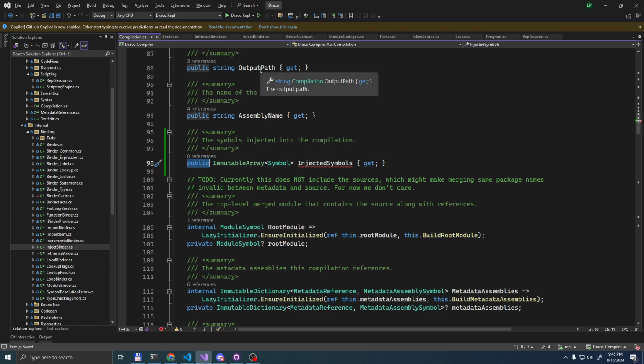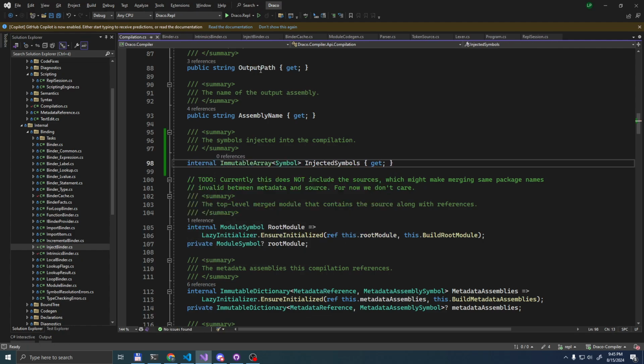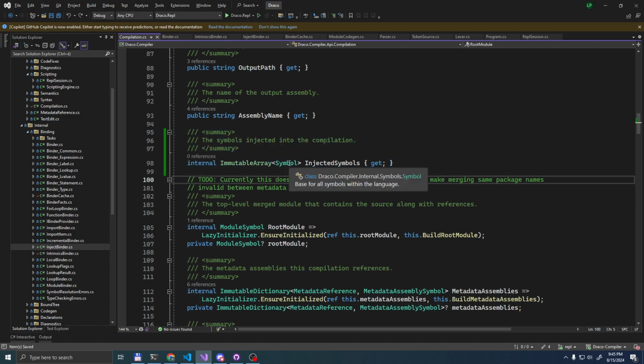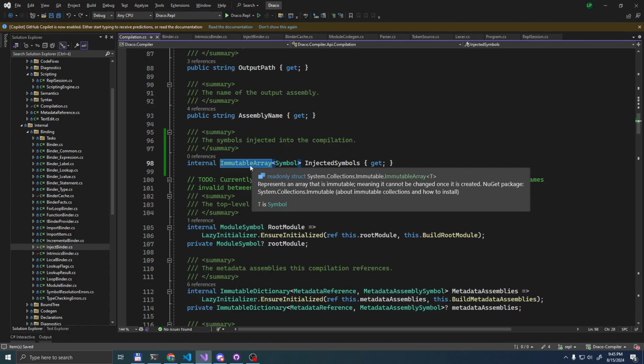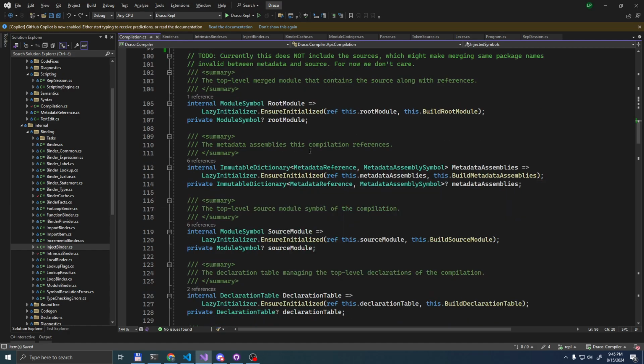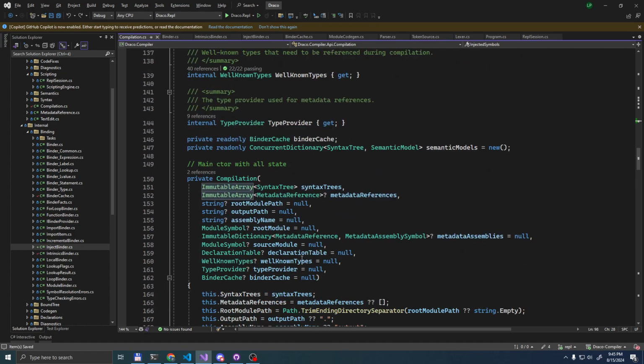Let's do internal then. Okay, that makes sense, since these are the internal symbol types. We don't yet want to be able to inject symbols from the API. We'll allow that for the REPL, which is the REPL session itself is a type internal to the compiler. Eventually we might expose something, but not yet.